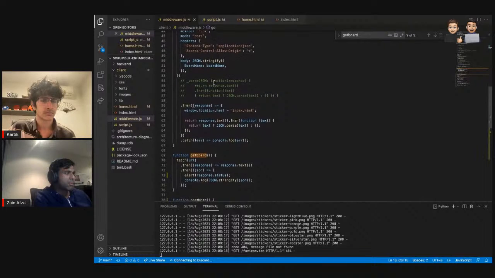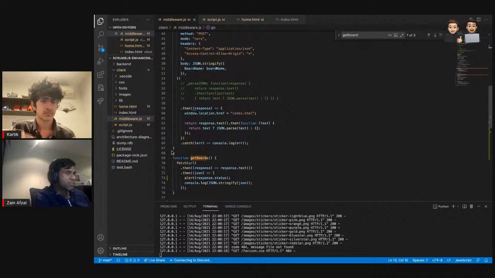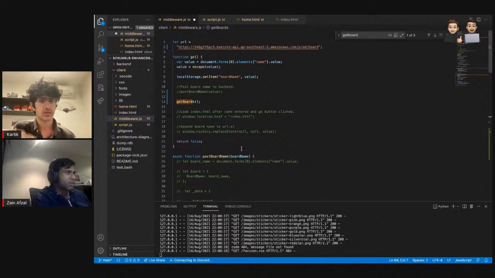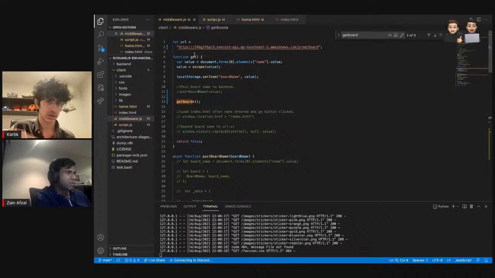Get boards. Actually, we probably have to use async on the get boards function as well. Try that. Async and then await in the statement. But I don't think that's the error because it's not finding go. That's literally it.